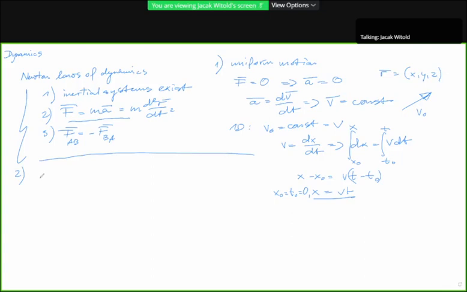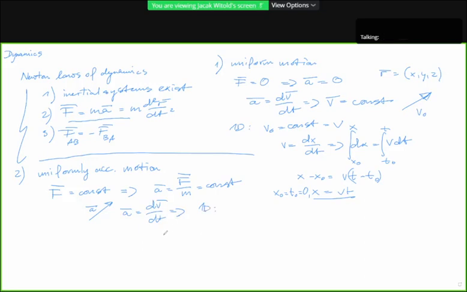So let's go now to the second case, which we refer to as uniformly accelerated motion, with the force acting being constant. What it means is that acceleration therefore is constant. It is equal to force divided by mass, and therefore it is a vector, right, not changing direction and also not changing magnitude. So a is equal to dv over dt, and again in similar manner